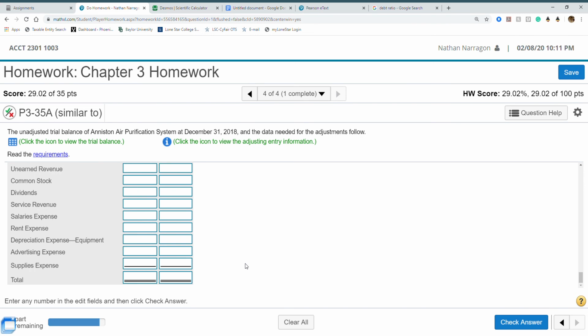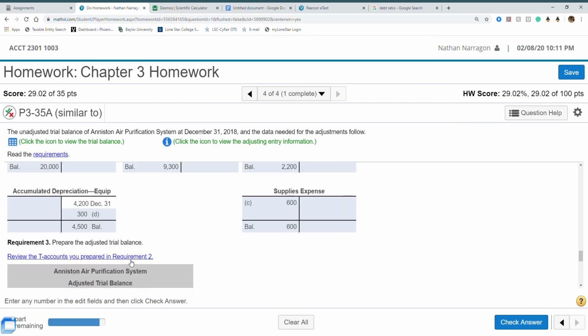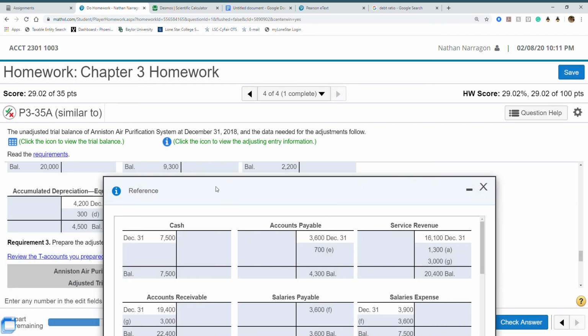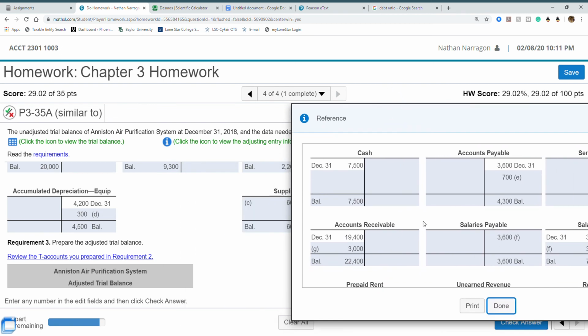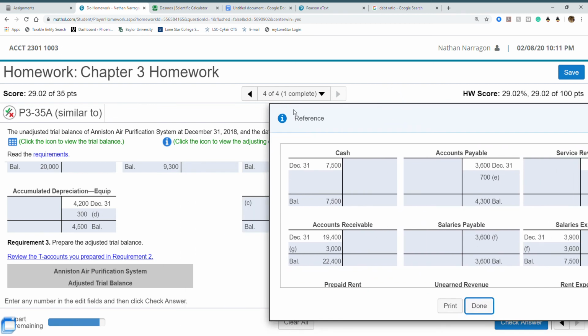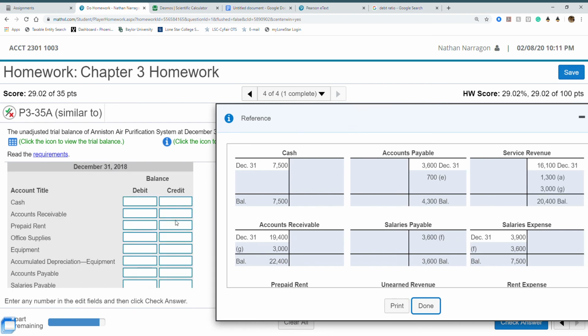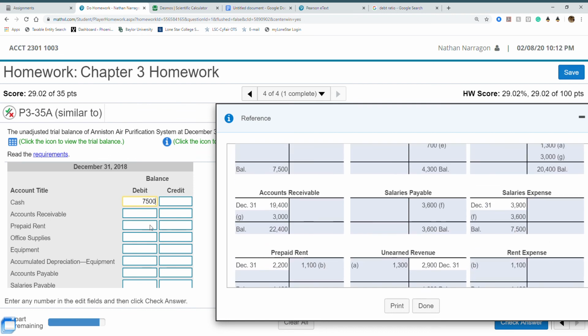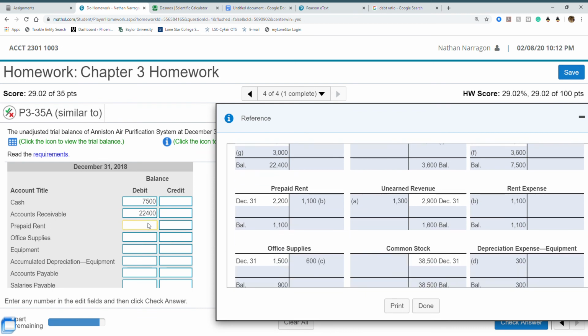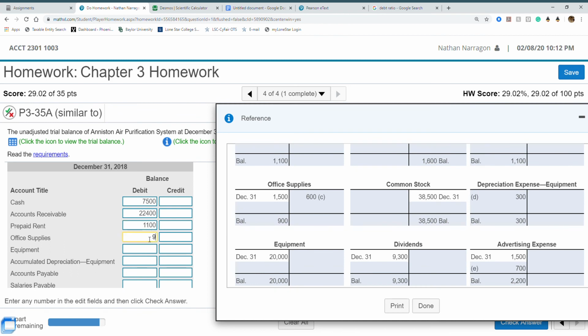Okay, last thing that you have to do is, of course, put trial balance. So I'm going to actually take this. This has all my balances. It's actually not too bad. I thought it was actually going to have you fill out more. All you do is put the balance. So debit, accounts receivable, find that, 22,400, prepaid rent, good. Office supplies is 900,